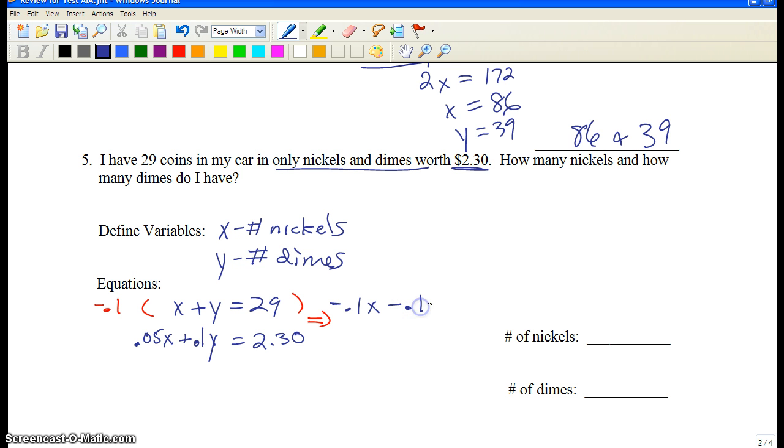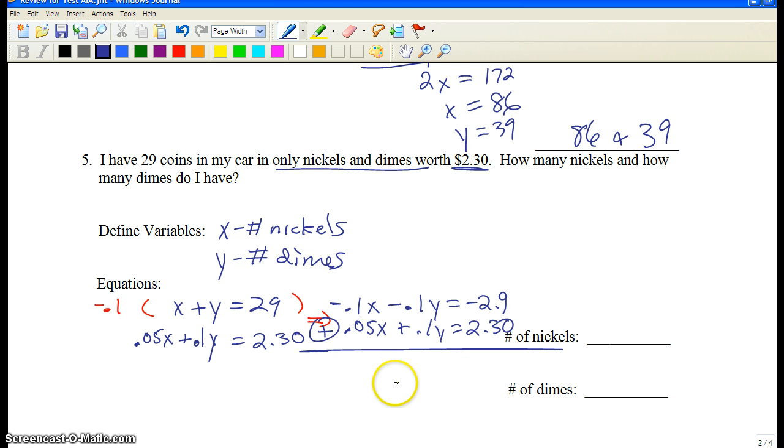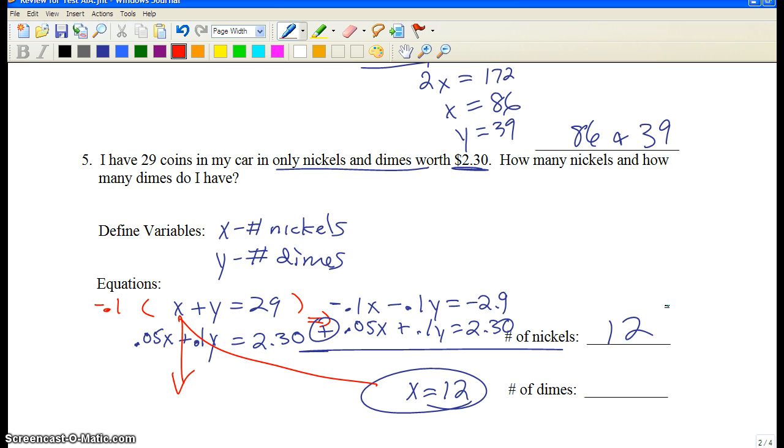Negative 0.1x minus 0.1y equals negative 2.9, over 0.05x plus 0.1y equals 2.30. Then we add it and things start dropping out, and you end up getting x is 12. So the number of nickels is 12, and when you substitute it back in, I'd wind up getting 17